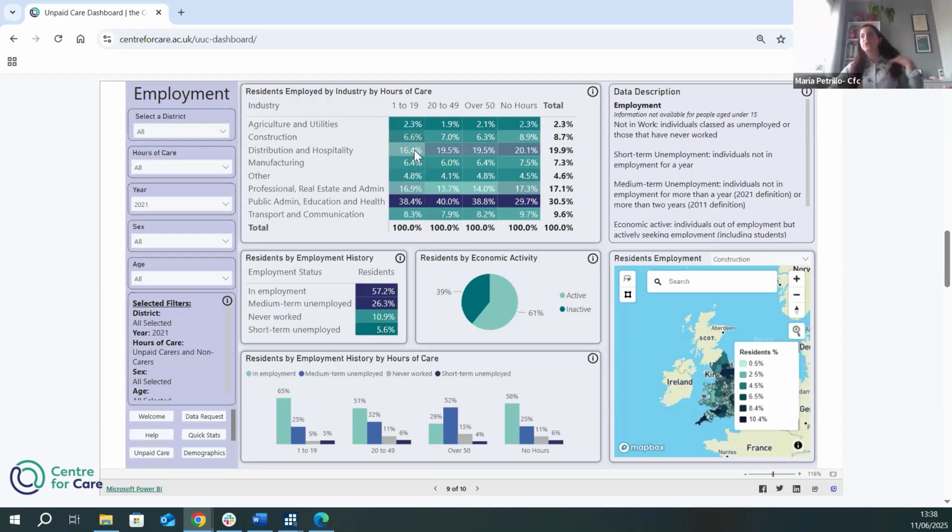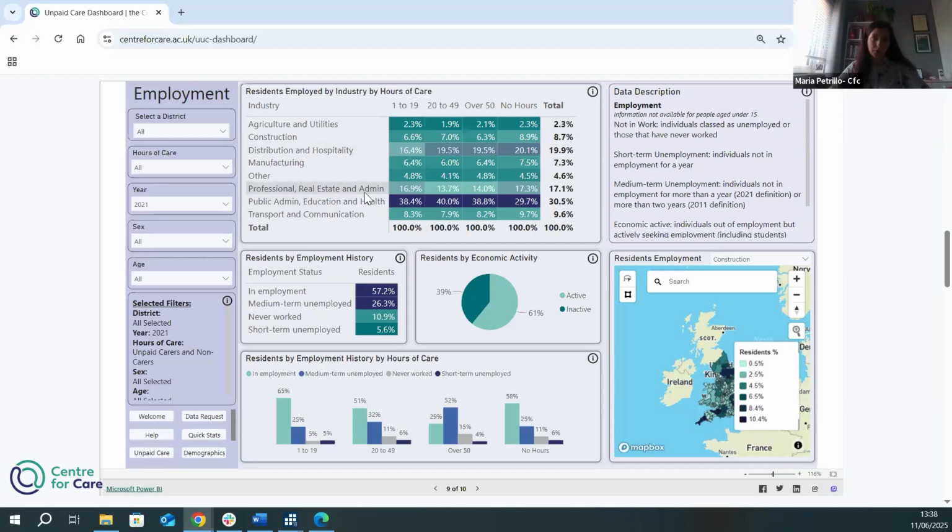Again, also the industry in which they secure employment. This is a nice table, I believe, that provides you the percentage of people that secure employment in these different industries by the hours of care provided. What you can see that is very clear is that the majority of unpaid carers, no matter the intensity really, secure employment in public admin, education and health, as well as distribution and hospitality, professional, real estate and admin.